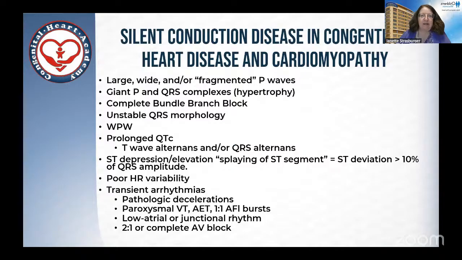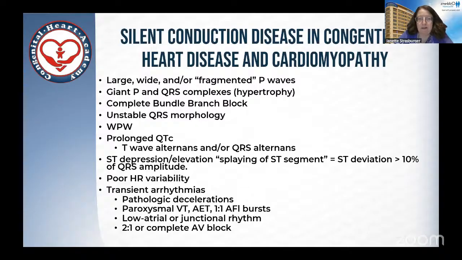It's this, and that is the silent conduction disorders and diseases and defects in congenital heart disease and in cardiomyopathy and in other diseases where it may not show up on echo. So things that we are looking for are things like large, wide, or fragmented P waves that may go along with a higher risk of atrial tachyarrhythmias, the presence of enlarged P and QRS complexes to suggest the degree of hypertrophy, the presence of complete bundle branch block, which you'll see is important in Ebstein's malformation, unstable QRS morphology, which can